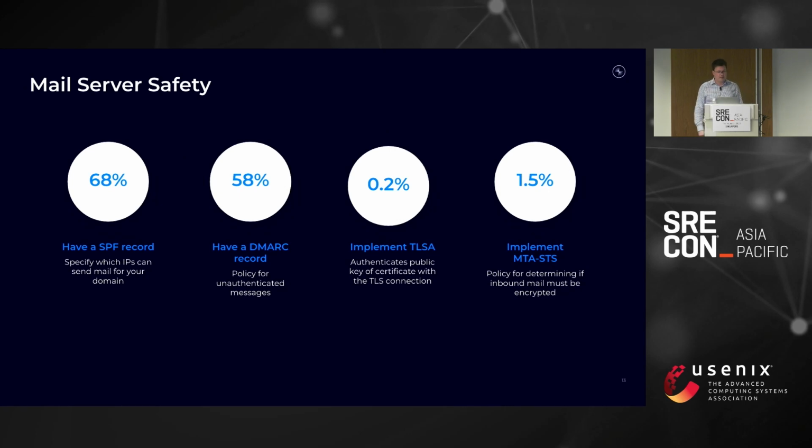Mail server safety. This was interesting. So 68% have an SPF record, which basically specifies what IPs can send mail as your domain. 58% have a DMARC record, which basically